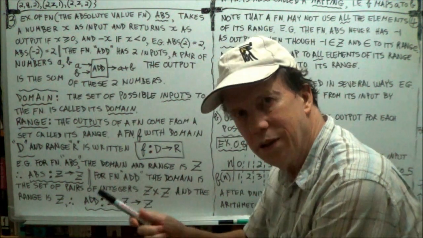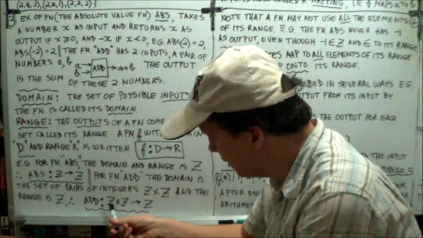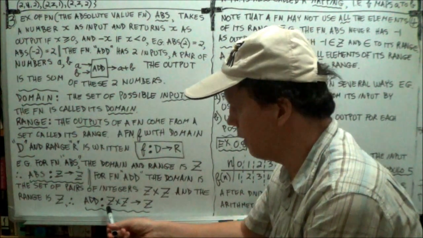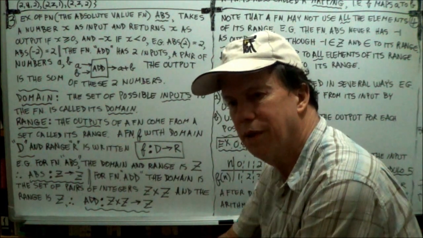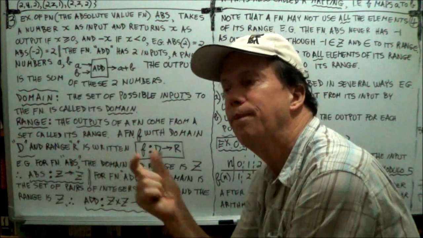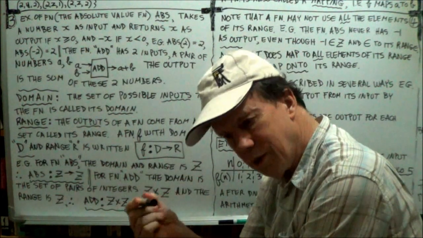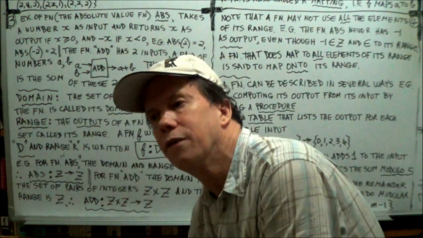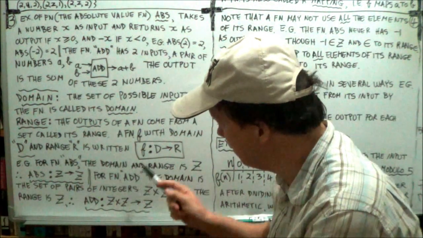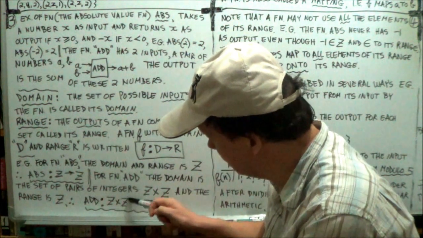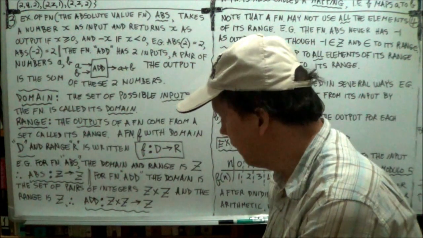Now, since A and B are integers, the ordered pairs are elements of Z cross Z, because big set A is a set of integers, and big set B, capital B, is also a set of integers. So with these ordered pairs coming in, they are elements of the Cartesian product Z cross Z. Right? So the domain, the set of inputs, is therefore the Cartesian product Z cross Z. Okay? And the output,